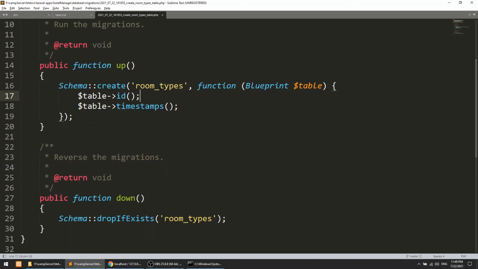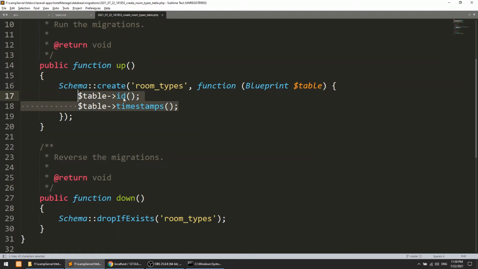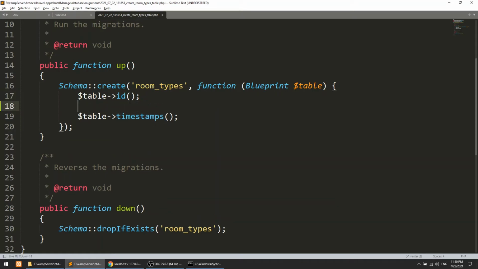It automatically adds the underscore if you use the camel case name in the model. Here they have two default fields: the id, the primary key, and the timestamps. I will show you what the timestamps do. By default the column name of this field is id.